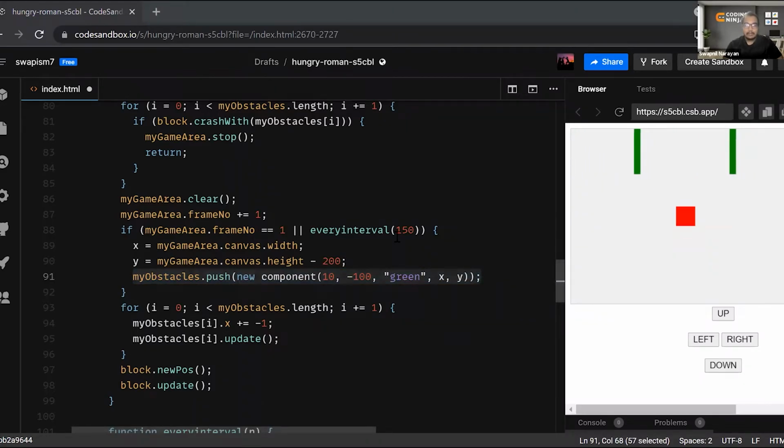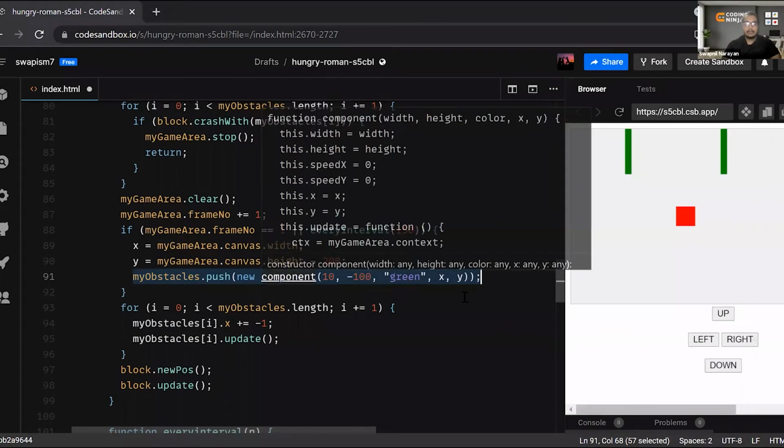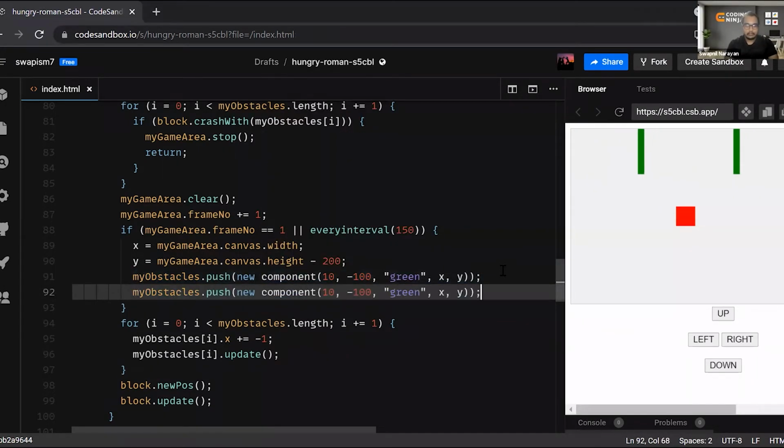How can we make obstacles of different size? That's the point, man. That's what I am saying. There is a randomized function that will give random sizes. If you want to do it manually, you can do it manually over here, but I don't want to do it manually, so for that you need a randomized function. And if you just want it in both directions, you can simply make it like this.